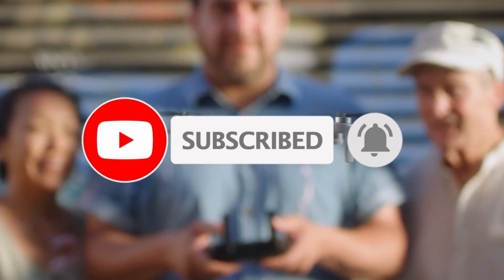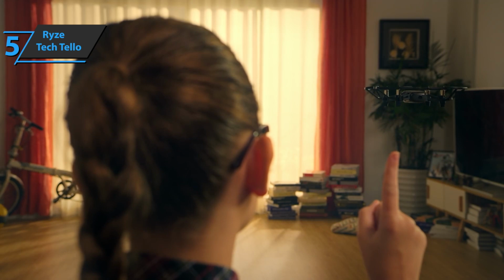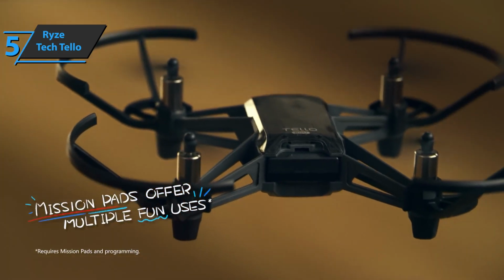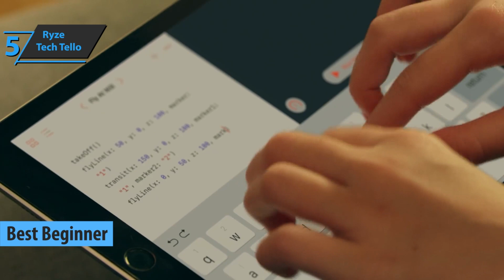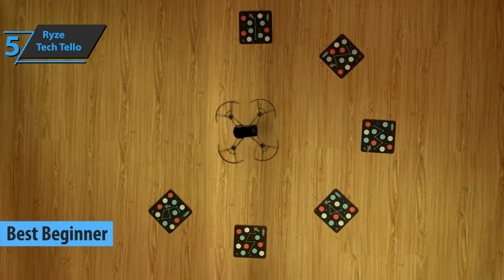Now, let's get started. We'll kick things off today with a little something for all those who have just entered these waters, either as a hobby or with a bigger goal. Introducing Ryze Tech Tello, also known as the best beginner budget drone that can be found on the market in 2021. This mini drone is equally suitable both for children and adults who want to dive into the world of